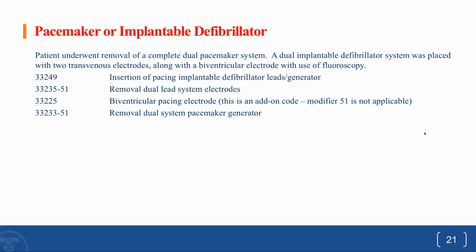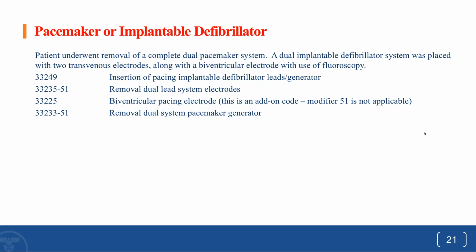And in your head, you're like, okay, that's the leads. How many? Is it single or dual? That's what you're going to ask yourself. Or they'll say removal of the generator. So that's the battery. But once they say pacemaker system, that includes the battery and the leads. So the keyword there is system. So they've removed that, and that's where you're going to get your CPT code